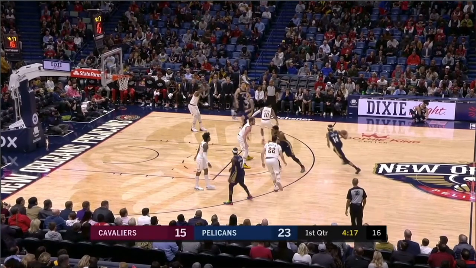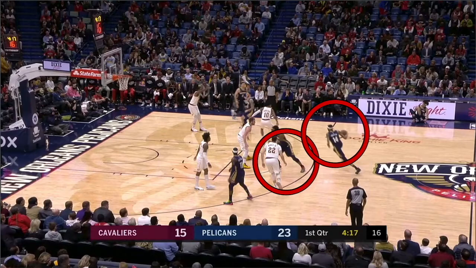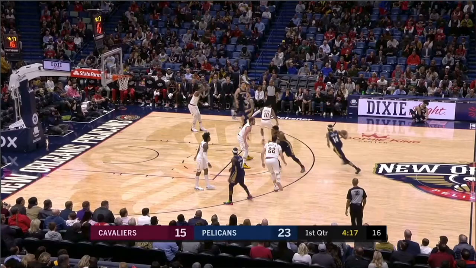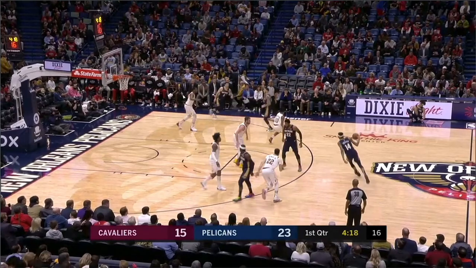Look at this second ball screen. Look at how far Larry Nance is from Brandon Ingram right here. You have to switch this ball screen. I mean, the Cavaliers are going to be in drop coverage, which is a joke anyways. But look at how long it's going to take Larry Nance to get over the top here. Okay? So again, Larry Nance can't be spending any time going towards Brandon Ingram. You have to switch. He's got to just go bang.